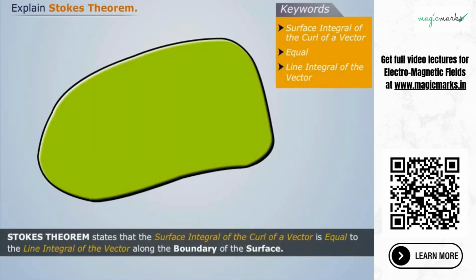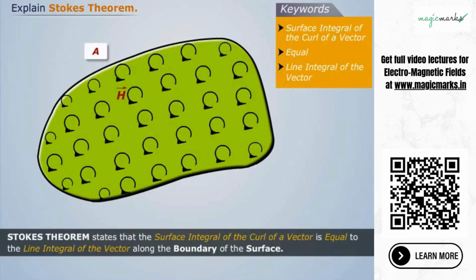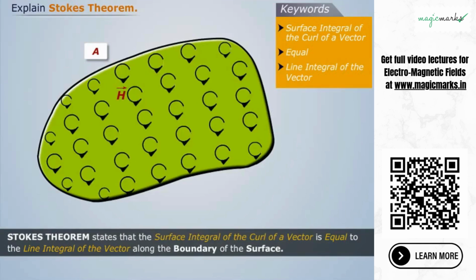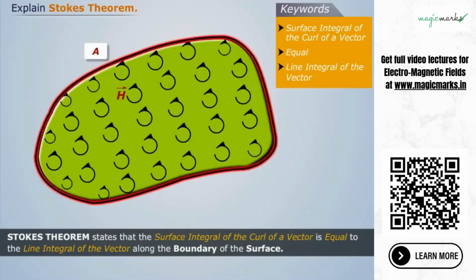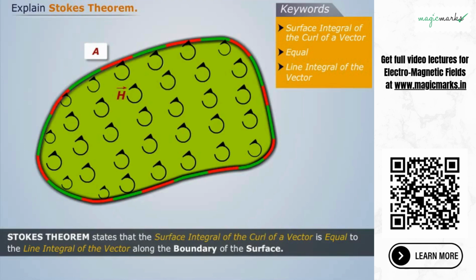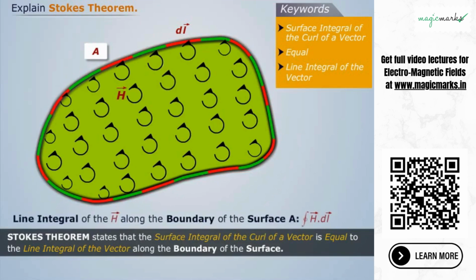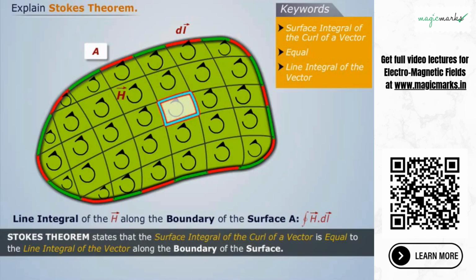Consider any surface A with vector h directed in anti-clockwise direction. If the boundary of the surface A is divided into differential lengths dl, then the line integral of the vector h along the boundary of the surface A will be expressed as, let us divide the surface A into differential areas